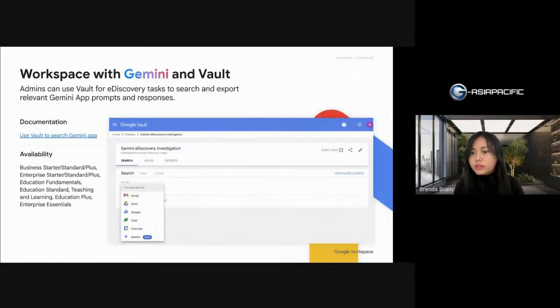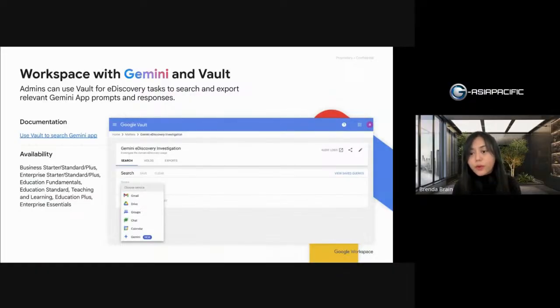Vault does not support the search or export of many media files that users attach to Gemini app prompts, or any media files generated by the Gemini app as part of its response to users. This search is not applicable for Workspace with Gemini, as no prompts or responses are retained for those interactions. But remember, Vault is only available as an